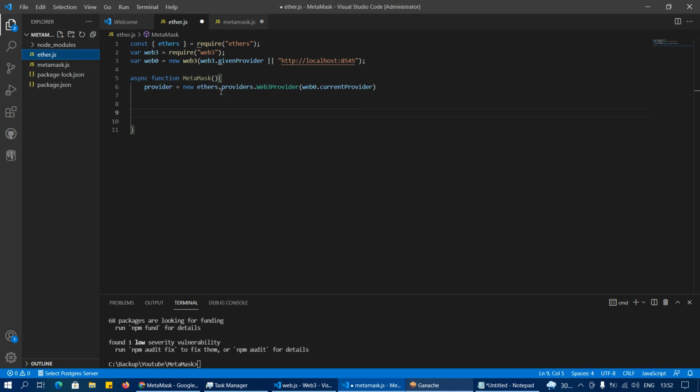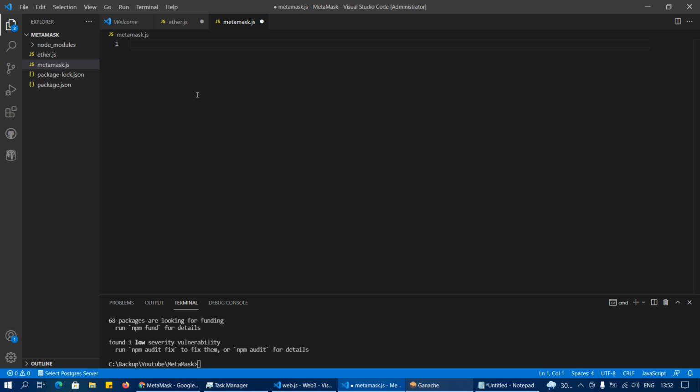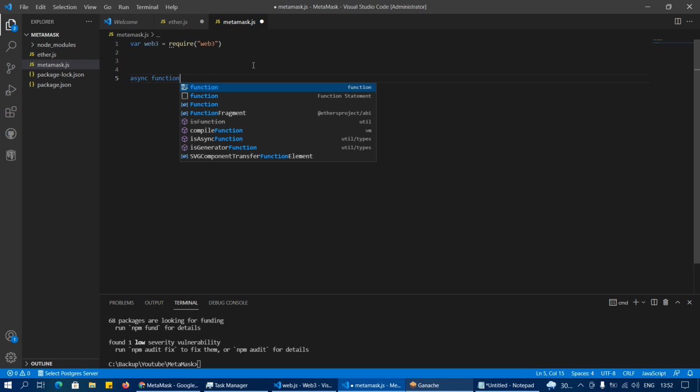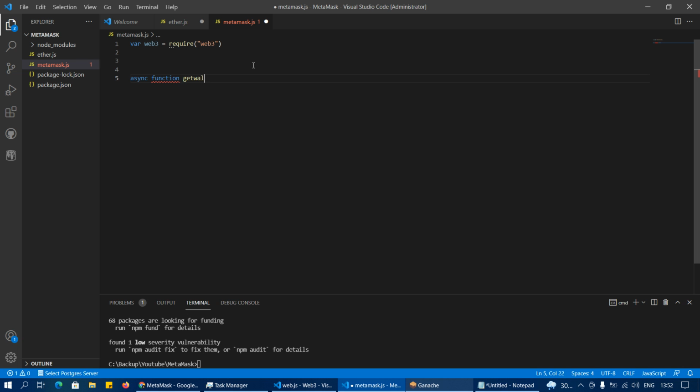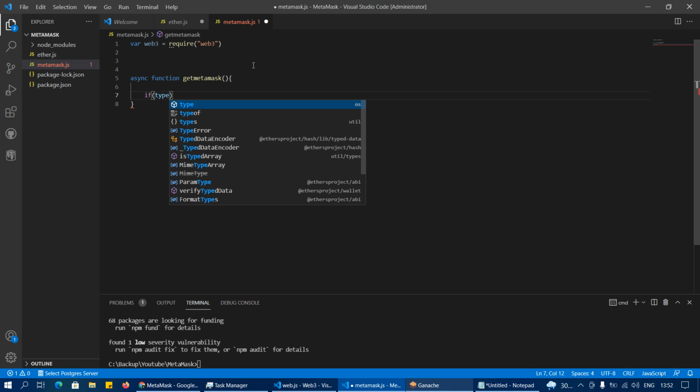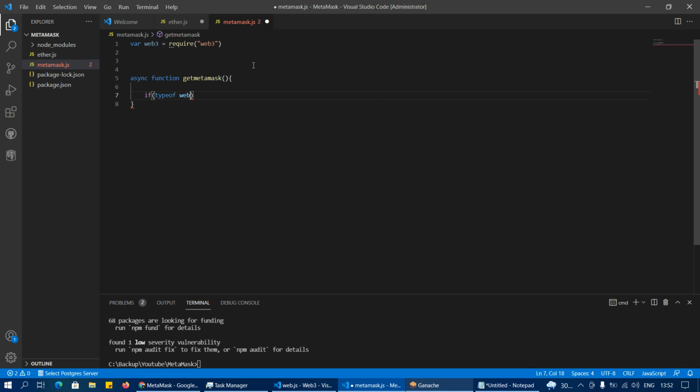before you write any code here, just go through this, create a file, use web3, require web3. Okay, use a function, async. Make sure to do it in a function, because it gets easier. Get MetaMask. What we are doing currently, we are seeing if the MetaMask is connected or not through this method. Not equal to undefined